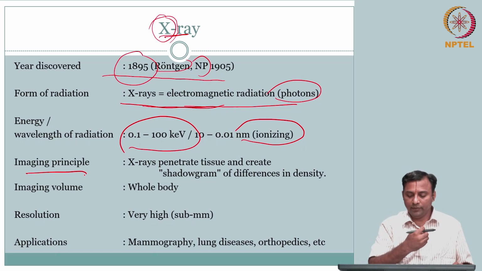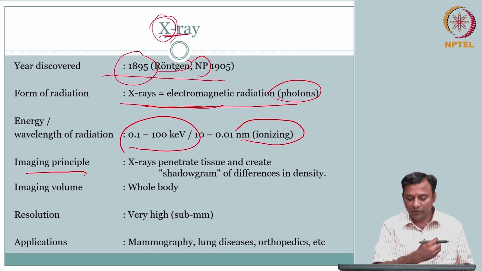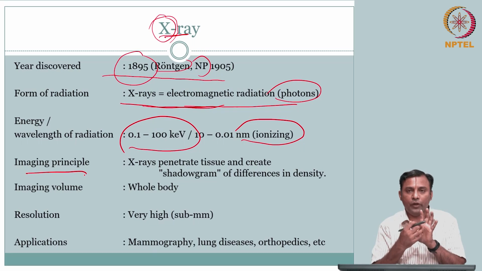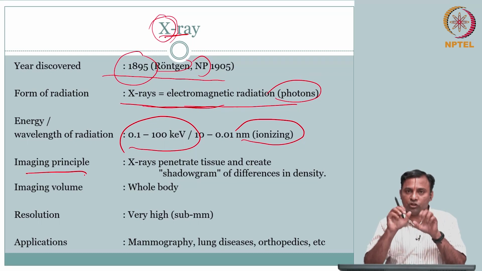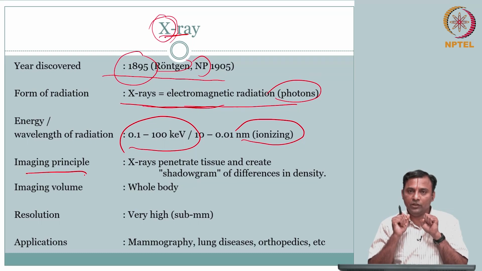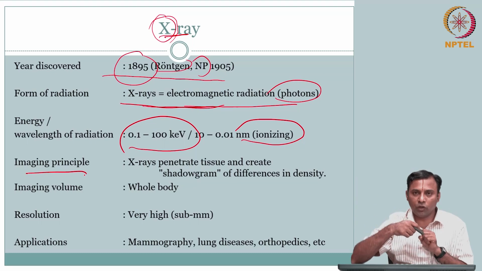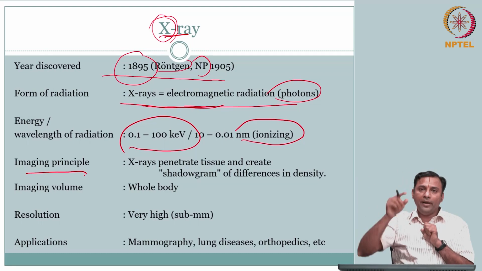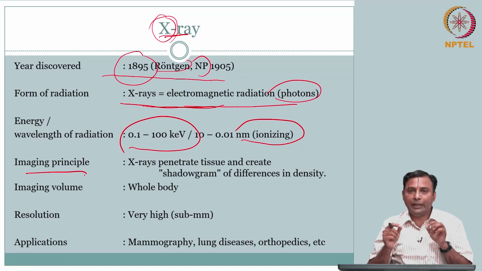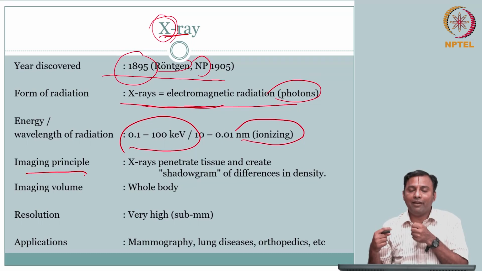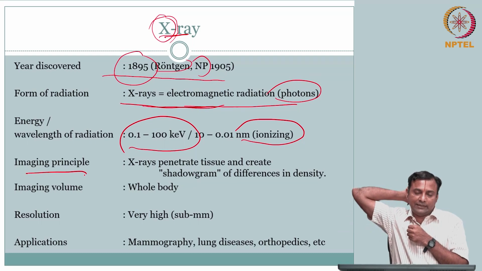So I shoot a photon, right. I shoot an X-ray photon, that is, photons having energy in the X-ray range. It is going through the body. When it is going through the body, it is going to interact with the medium, right. Our medium is going to try to stop the photons, it is going to take the energy away. So that means whatever is coming out is going to have less energy. You send a number of photons, fewer photons will come. How few depends on which path it is going through. If I have a medium that is going to absorb more photons, then I will get less in the background.